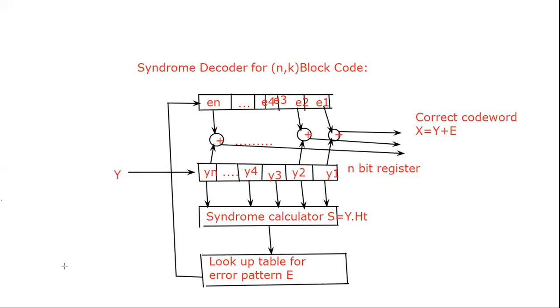Actually, those 4 steps are available. Depending upon those 4 steps, you have to draw the diagram. And after getting the syndrome, you have to write the error pattern. In order to write the error pattern, you have to look at the H transpose matrix or parity check matrix. That's why lookup table for error pattern. Now you have to go for the error pattern and E1, E2, E3, E4 up to so on En. Now after getting the error code vector, by taking the XOR operation between the error code vector and received code vector, you will get the correct code vector. That's it.